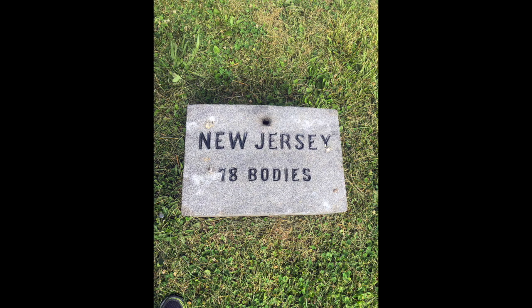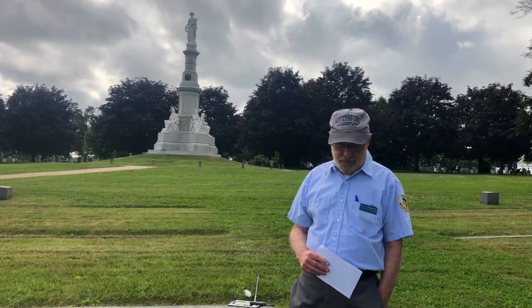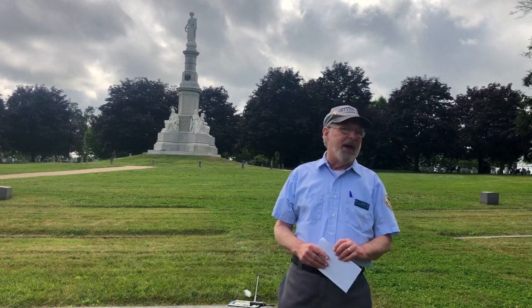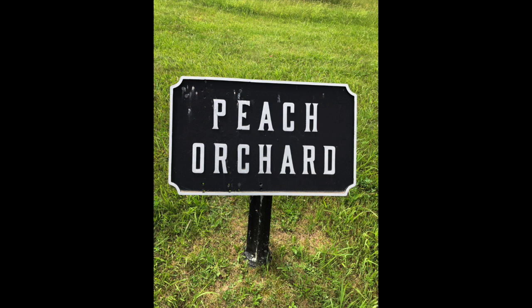The grave I am standing at is of an artillery soldier, a private. He is in Clark's New Jersey Battery. His name is Richard Price. And Clark's New Jersey Battery, Battery B, is positioned in the Peach Orchard area on the afternoon of the second